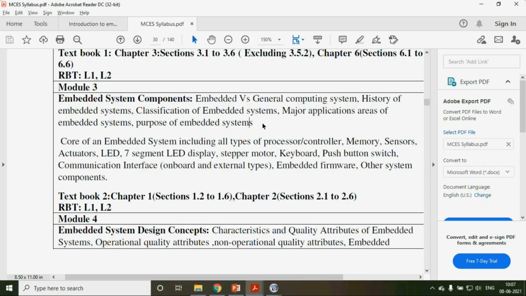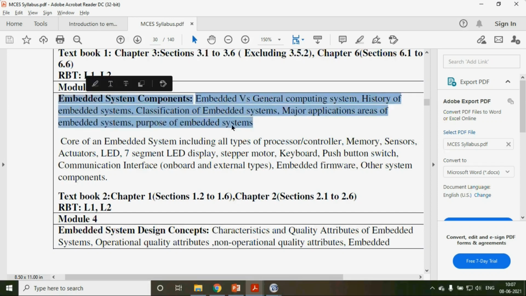Then embedded systems based on complexity and performance, one more classification. There are small scale, medium scale, and large scale. Then two more types: one is based on the triggering, whether embedded systems are triggered based on some event or are continuously active. Then again based on deterministic behavior, one more classification. There are 2 types, deterministic and non-deterministic embedded systems, whether the embedded system takes decisions by itself or not.